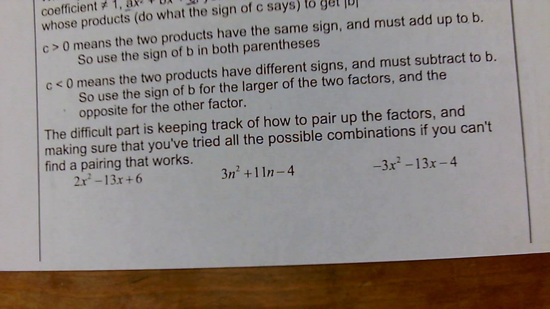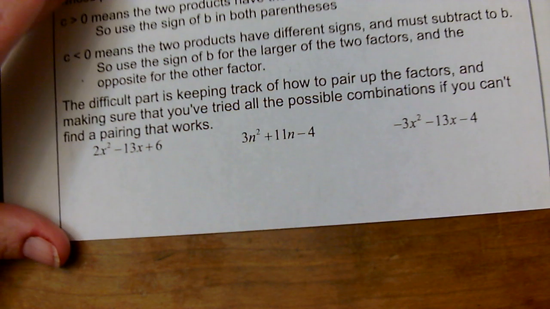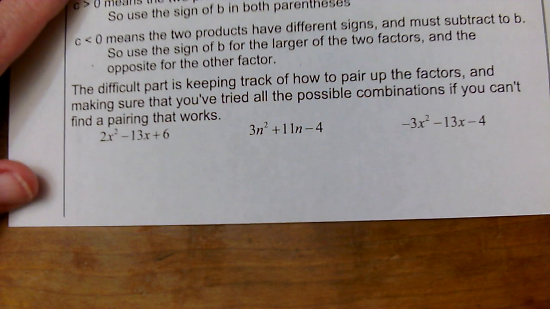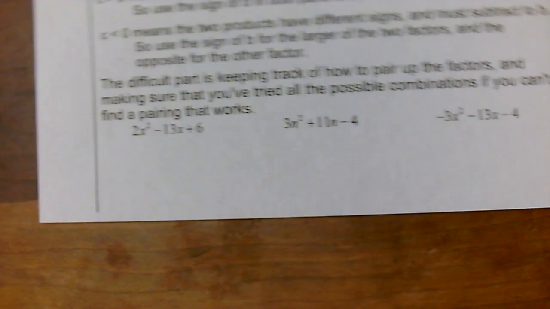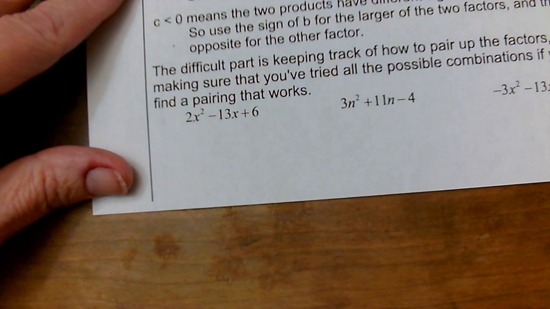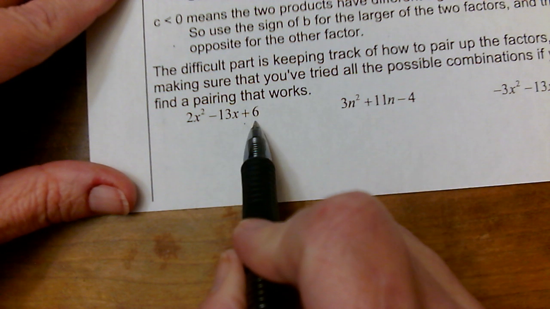So here's how I do it. You can do this by grouping, like Khan Academy does, but I like this method. So when I have a quadratic equation, so not an equation, there's no equal sign, a quadratic expression,